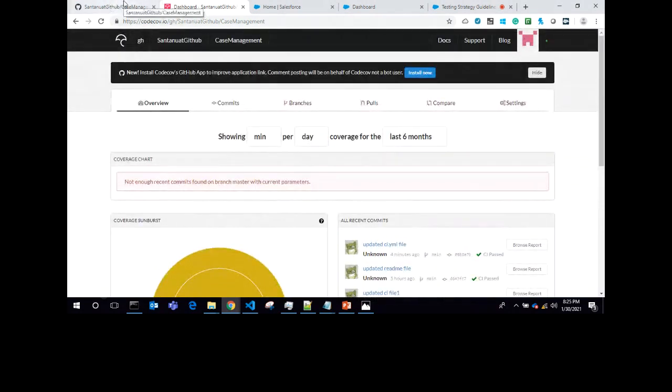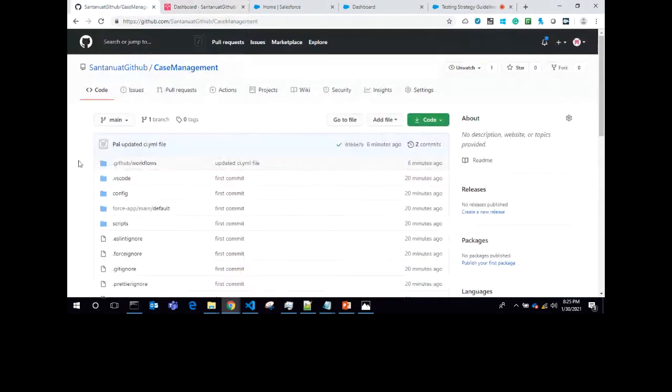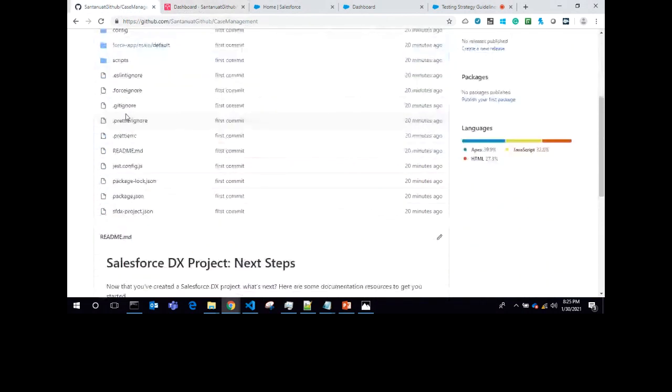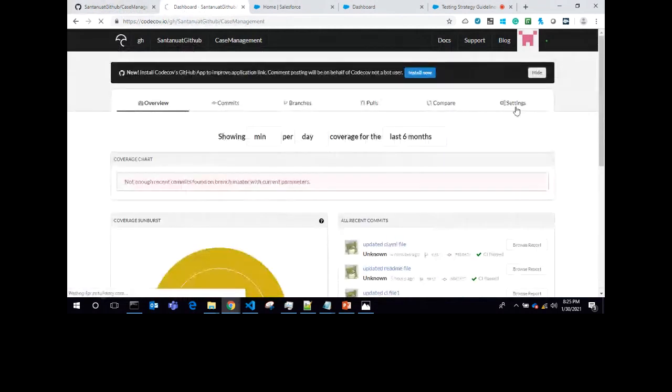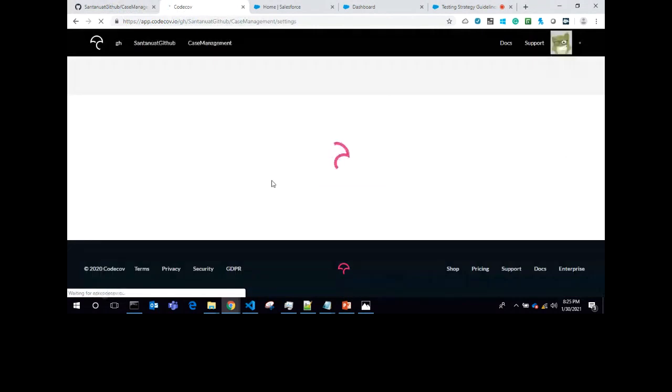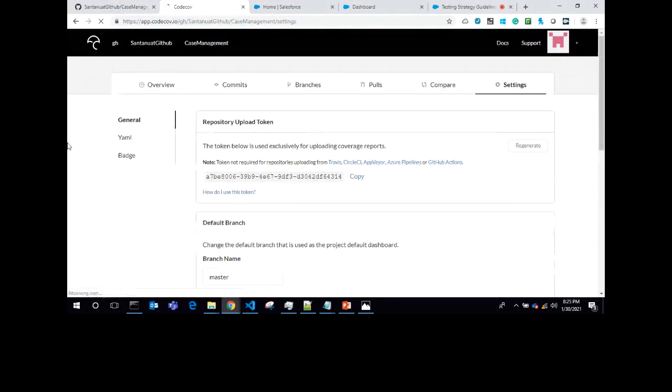Instead of that, you can directly get to know what the code coverage is for your branch on the same page. So you just have to go to the settings of Codecov, and you can see that the badge is there.